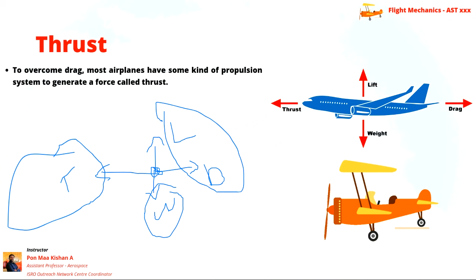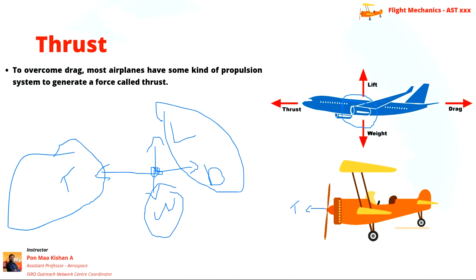So if the engine is placed under the wing, just see the diagram on the right hand side. We are having two diagrams, the top one with jet engine and the bottom one with the propeller, right? So if the propeller is placed over here, at the midpoint of the hub, the thrust will be acting, right? So if the jet engine is placed under the wing, right, let me change the color. The thrust force in the jet engine will be acting from here.